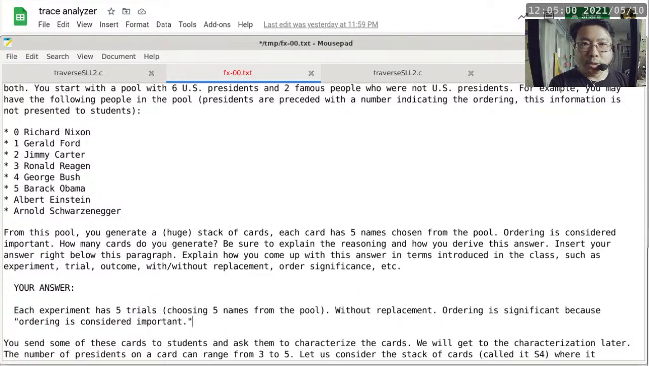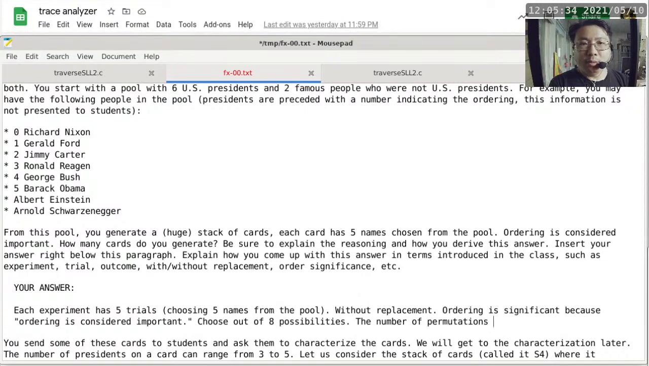I want people to identify the really important portions of this. So now that we have 5 trials without replacement and ordering is significant, the remaining question is we are choosing these 5 out of how many? So now we can say choose out of 8 possibilities. So now the answer, the number of